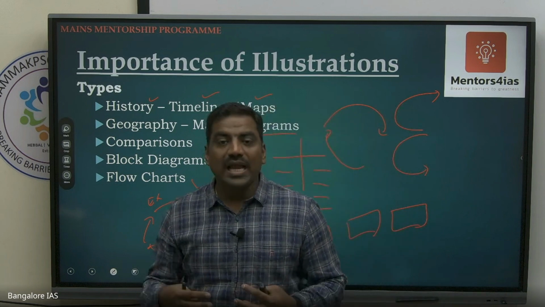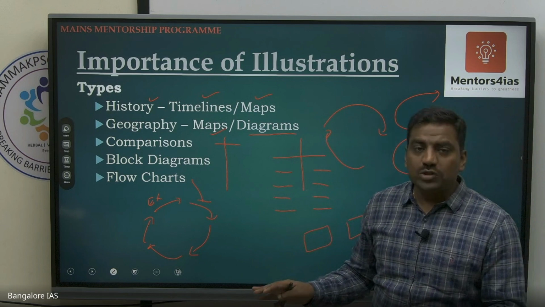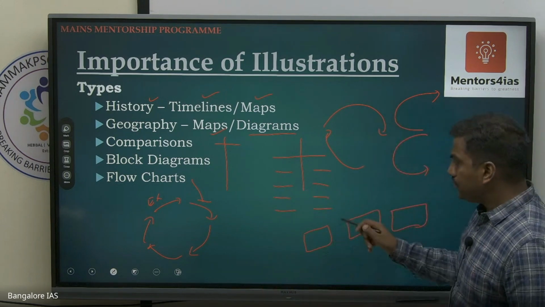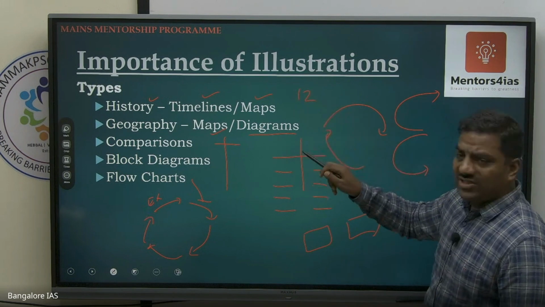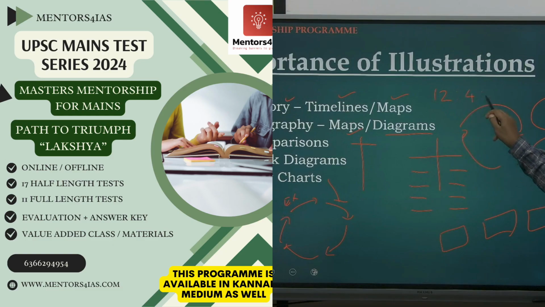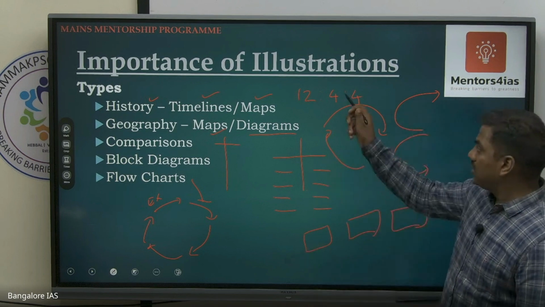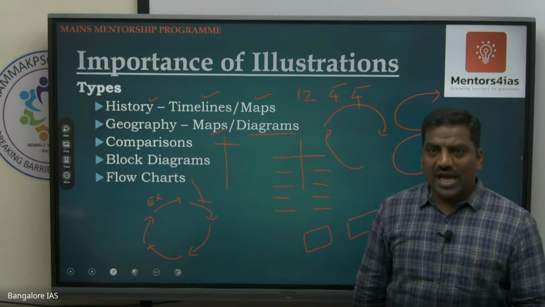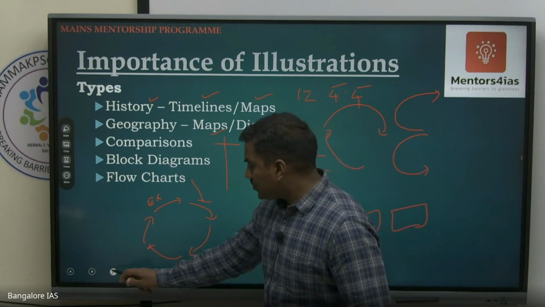And again, when to use what kind of flow chart, that also matters, because in the previous video I told you, you have to divide your risk into well-known questions, moderately known questions, and least known questions. So 12 very good questions, that is well-known questions, 4 moderately known questions, and 4 less known questions. Again, here is how you have to tackle the